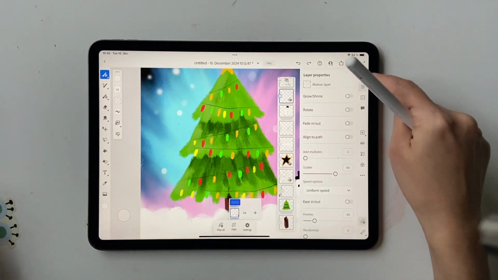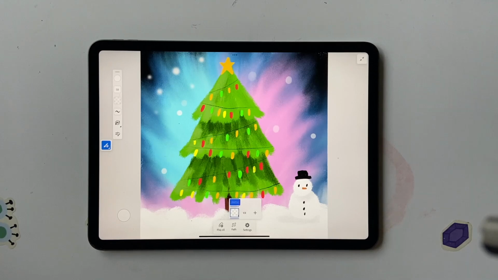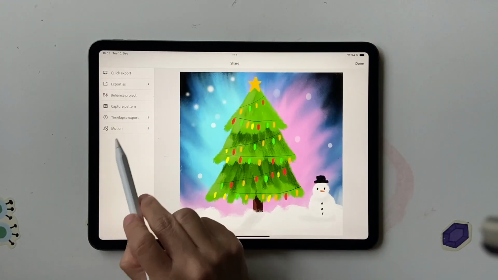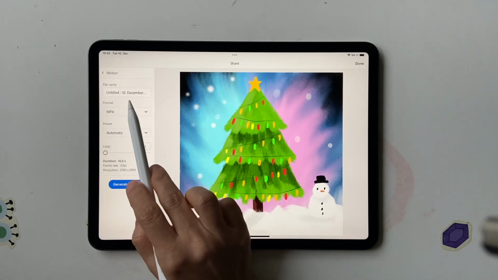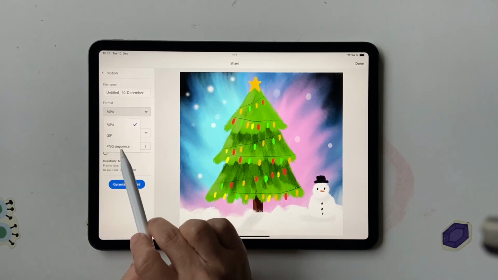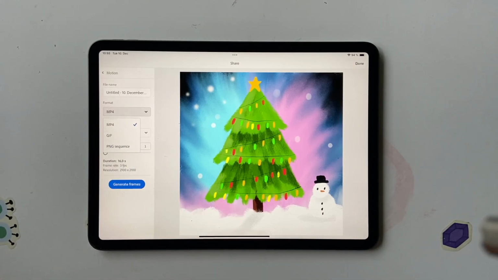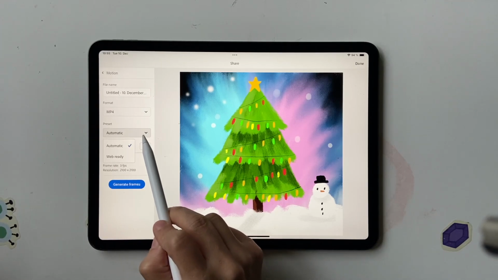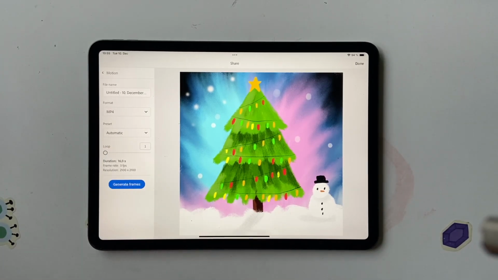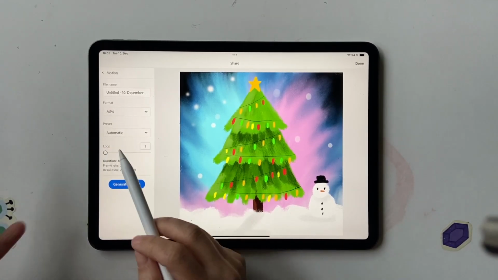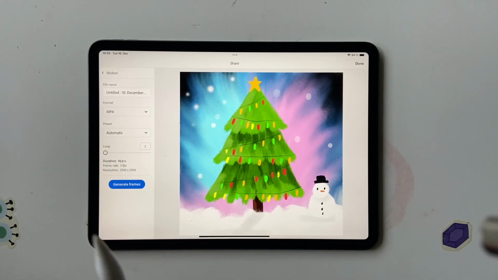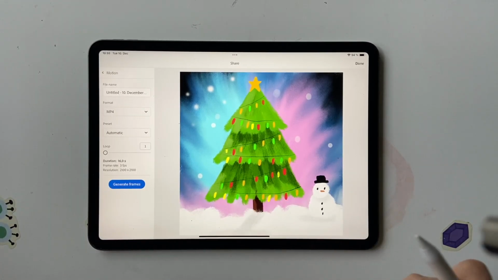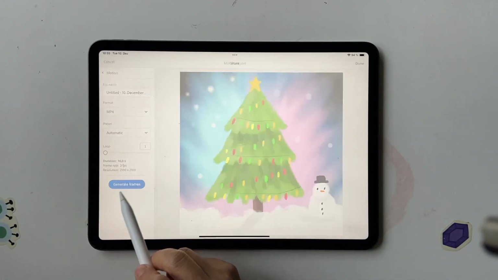And yes, so your animation is ready. And to export this animation, you have to press share, publish and export, and you have to click on motion. And then in here, you can give a name, you can select what format you want. You can even export it as a GIF if you want to send it as a card or something. And then preset is, I usually keep it as automatic. Loop, if you want this to loop multiple times, you can select how many loops you want. But I generally take one loop out, and if I want to add it again, I just edit it, I guess. But then click on generate frames,